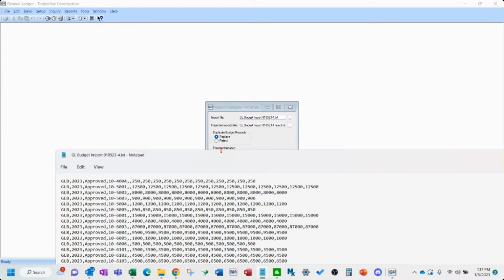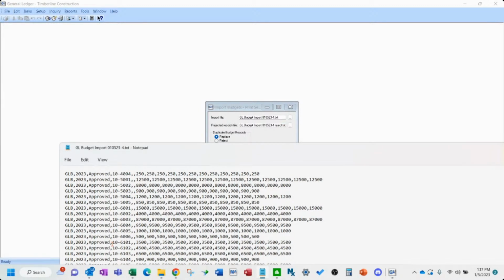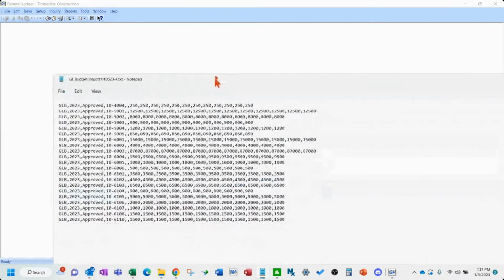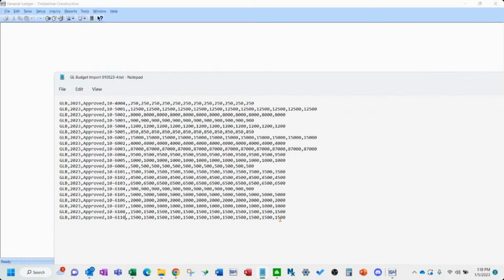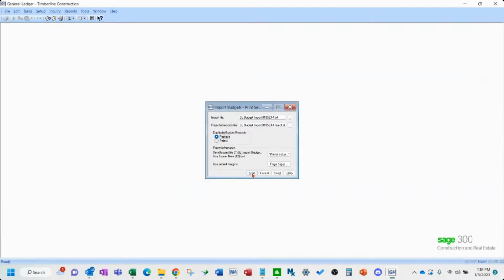If you want to keep what's in the system, and if you aren't sure if you have a duplicate line, you'd want to hit reject. So it warns you and spits out in the reject file what might have had a duplicate line. Okay, so I know some people play with multiple iterations of budgets, so I just wanted to explain that part. Now, if I add a new line here, it's going to bring that in just fine, no matter what I pick here. Okay, so let's just hit the start button.